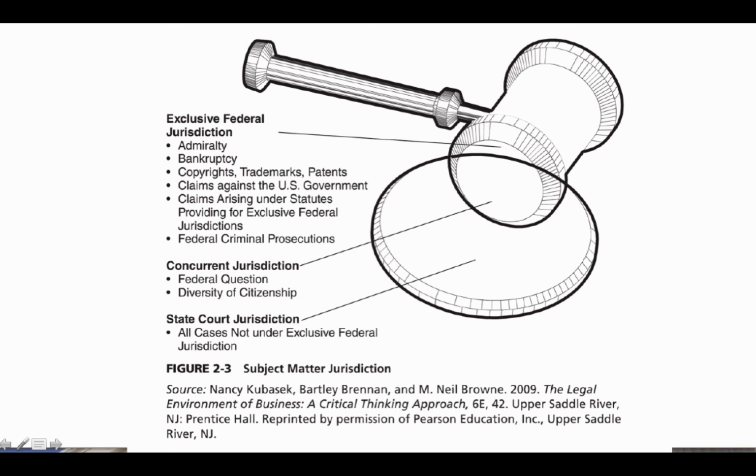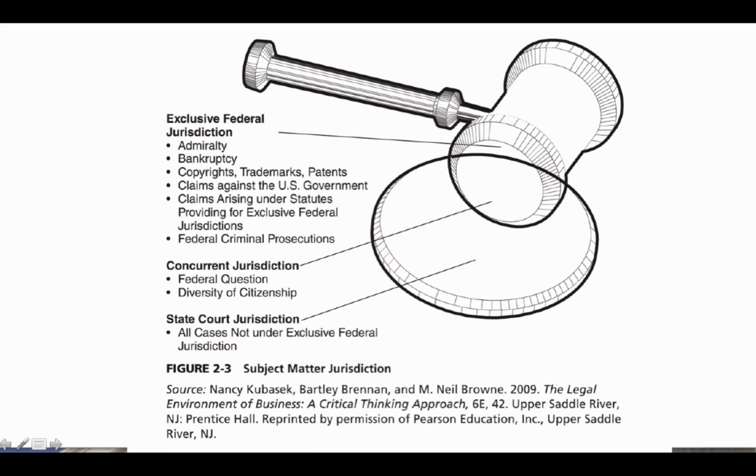Homologous to the authorities granted to the federal and state governments under federalism, the state and federal courts have either distinct or concurrent jurisdiction depending on the subject matter in question. The state court system has jurisdiction over all cases not within the exclusive jurisdiction of the federal court system. Because the federal courts have exclusive jurisdiction over very few cases, it is no surprise that most litigation occurs in the state system.